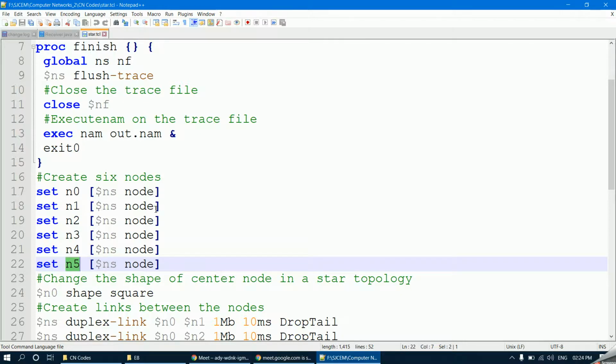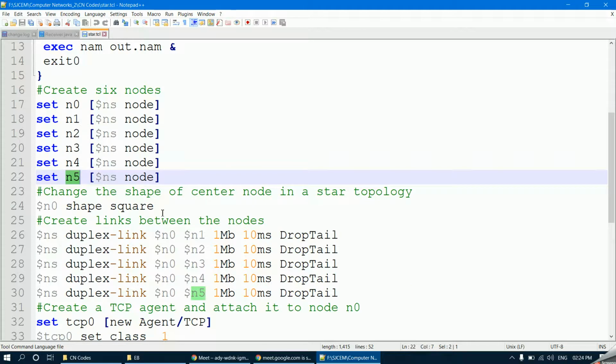Now, you already know nodes are always represented in the form of a circle. We have seen in our theory lectures also. But if you want to change the shape of any node, you can do that. And how is it done? You have to specify the name of the node. So it is dollar symbol n0 shape square.